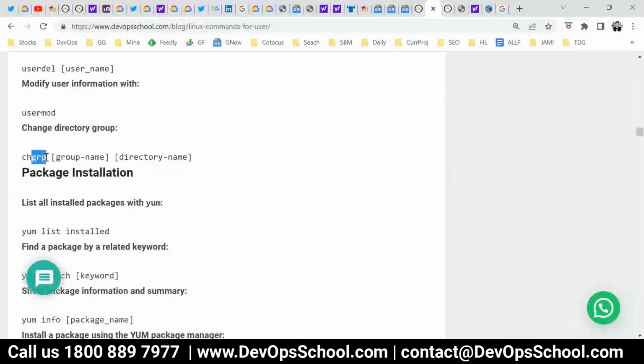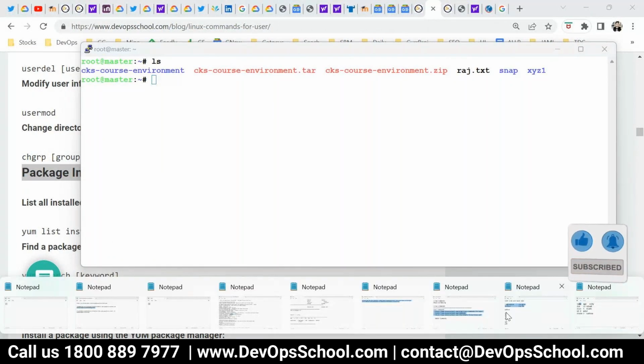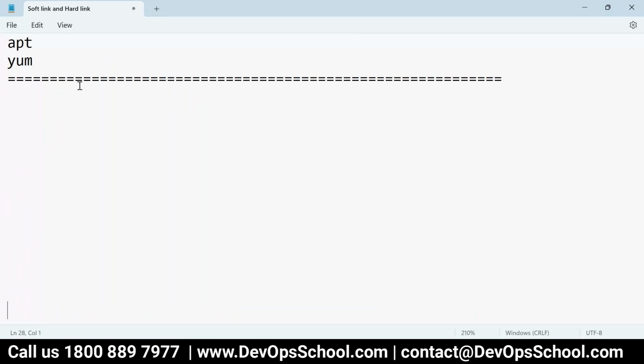Okay, now package installations. So package installation means what? Let me ask you one very simple question. In the mobile, how do you install a package? Via Play Store. So Play Store is your client.